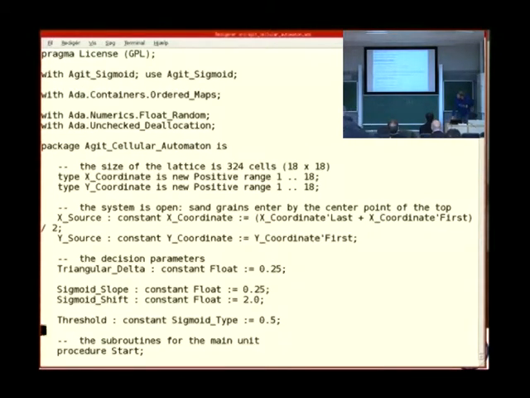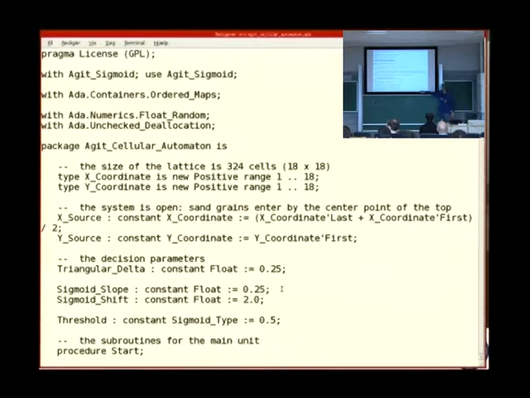So this is the specification, the external specification of the cellular automaton simulator. It sets up a lattice that it's operating on. It has a constant saying the source where we're putting in sand, and some parameters shaping the decisions.